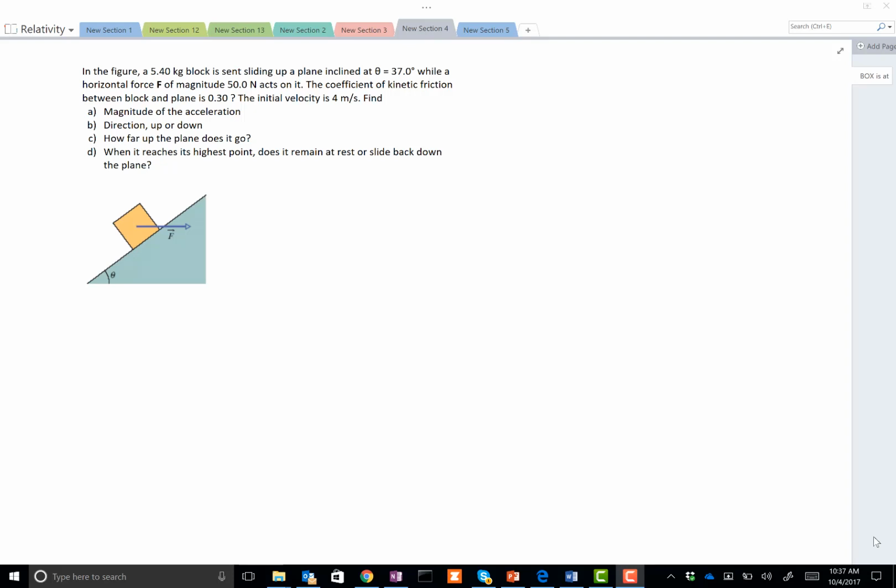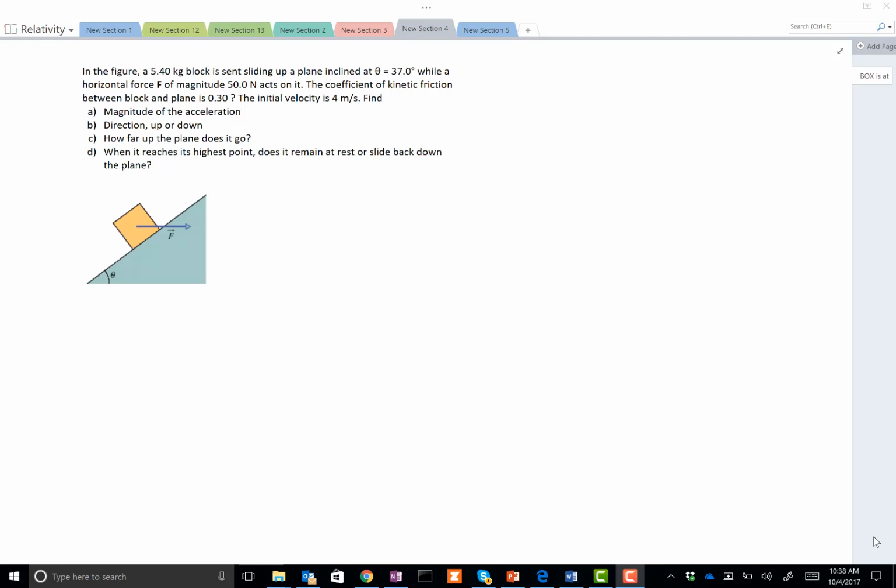Okay, in this problem we have a block, and there is a horizontal force applied on the block. The block has a mass of 5.4 kilograms and has an initial velocity. It's going up, and this force of 50 newtons that is horizontal is applied on the block. You're given the coefficient of kinetic friction, which is 0.3, and it has an initial velocity of 4 meters per